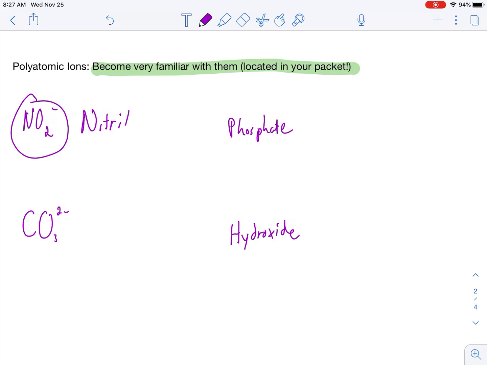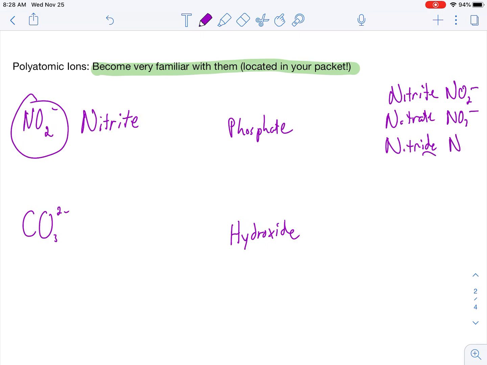That's called nitride. Nope, nitrate. Nope, nitrite. Wow, I can talk so good right now. All right, so that's nitrite. There's also something called nitrate and something called nitride, which is why I said all 3. Just because I've said them all, let's look at them all real quick. There's nitrite, nitrate, and nitride. Nitrite is NO2 negative, nitrate is NO3 negative, and nitride, IDE, is not a polyatomic ion, it